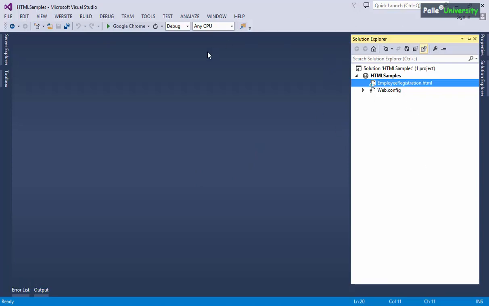I have opened the previous application, or the previous sample, and in the previous website I am going to create 2 new pages. If you don't want to create these 2 new pages in the previous sample, you can take one new website and create the 2 pages, your wish.